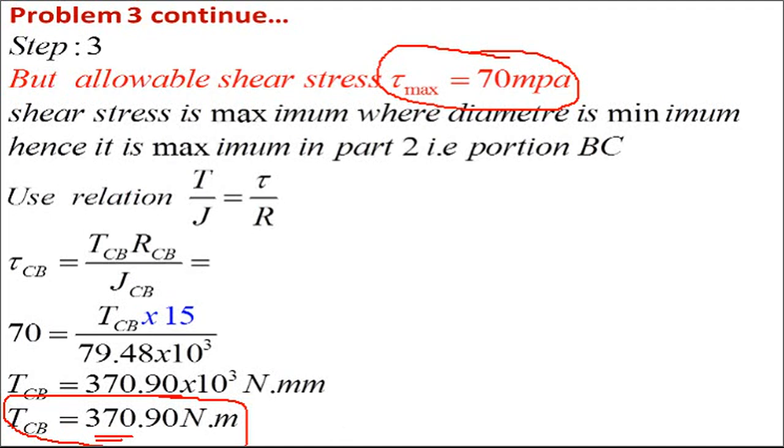So in this way, you have to solve the problem of statically indeterminate shafts. Problems are very simple. You only have to use the two conditions, that the slopes are the same and the torques will be added. The two conditions you have to use carefully, and then you have to solve the problems. Okay. So for practice, you just solve a few problems. I will give the exercise. From that also you can solve the problem.